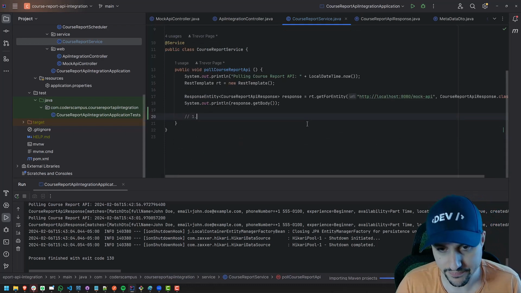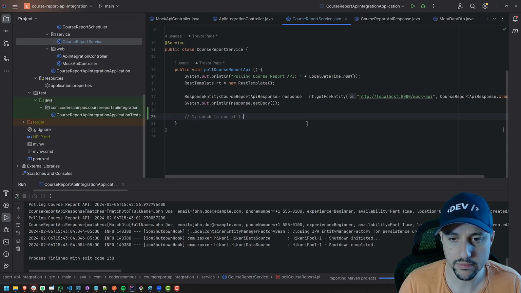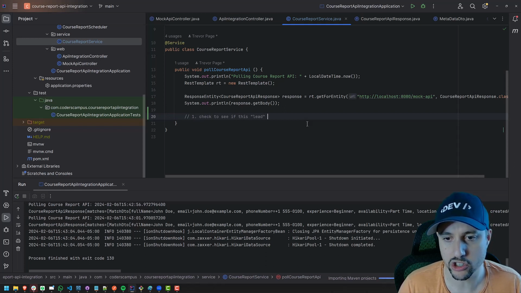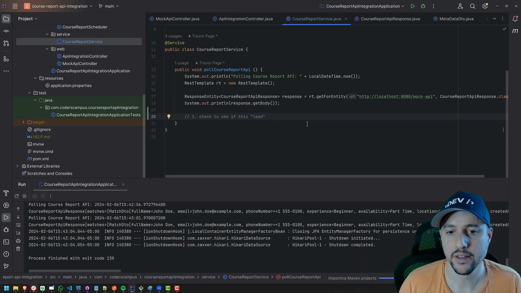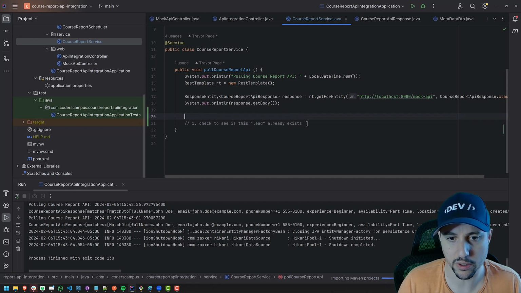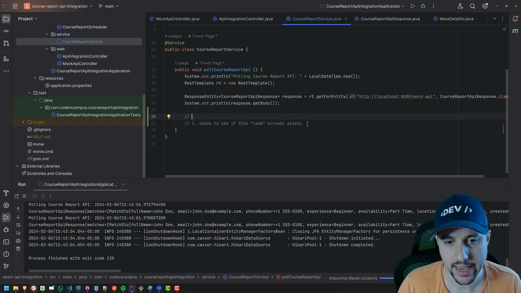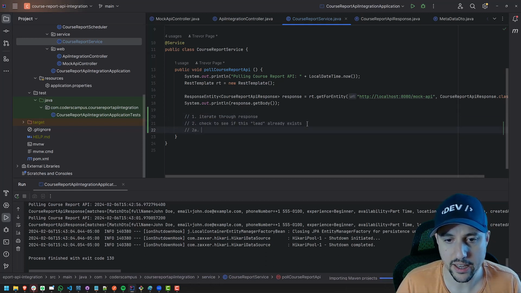The first thing I think we want to do is check to see if this lead, which is just another word for a person's contact information, already exists. Although I guess we iterate through the response first, right? And then number two, as you're iterating, check to see if the lead already exists. 2A, if the lead